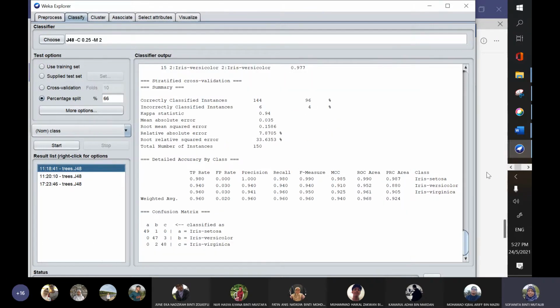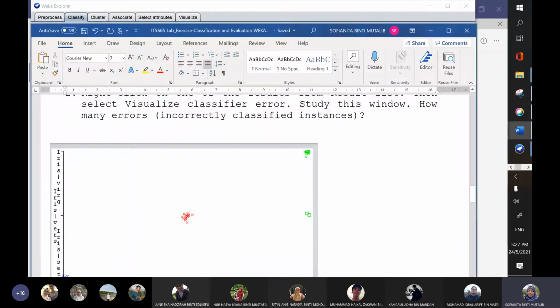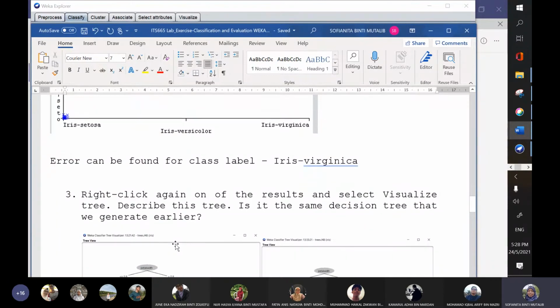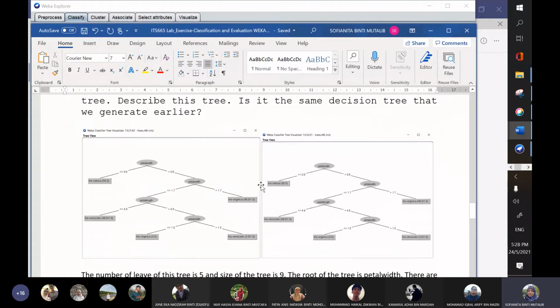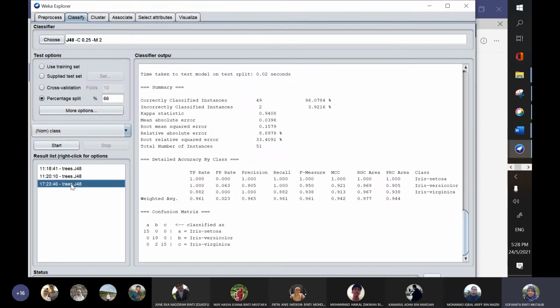Okay, next, have a look. This is what we saw just now. Now if you look at the tree generated, is it the same tree or is it a different tree? Same. Sama kan? Okay, tadi yang konflik tu di mana? Oh, I forgot to have a look just now.